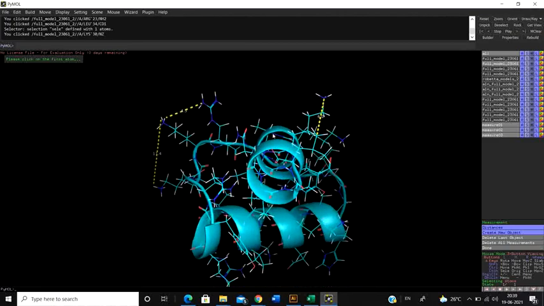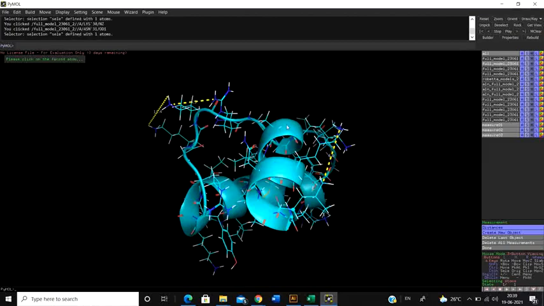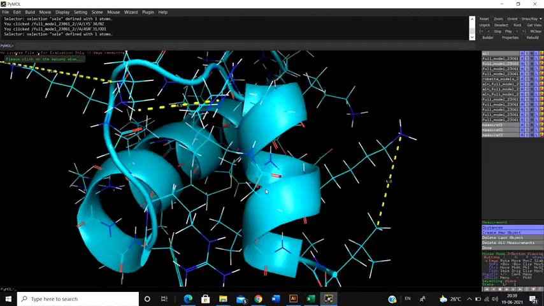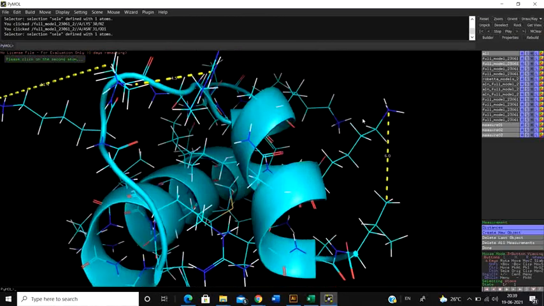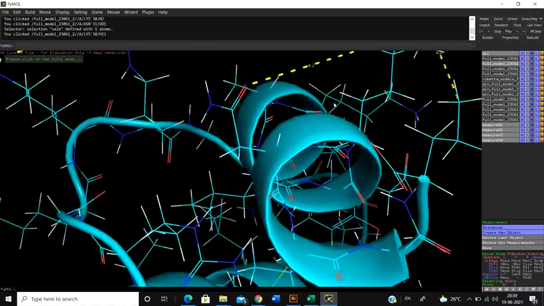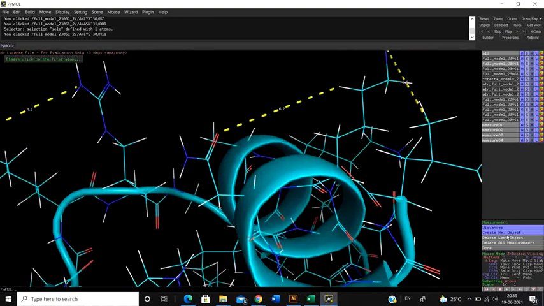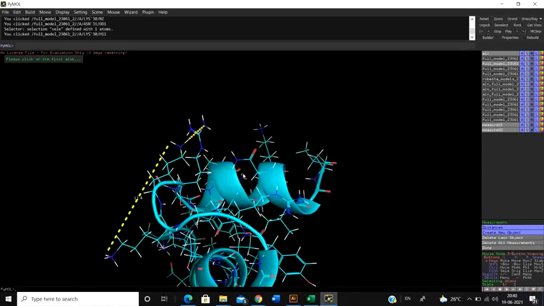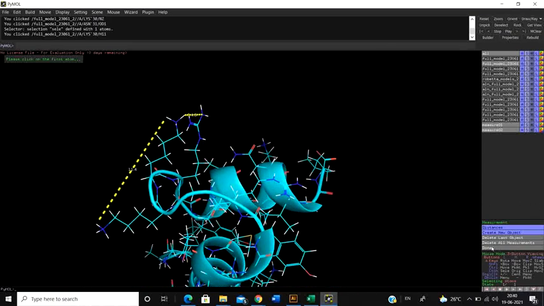Suppose I want to select this atom and now I want to select this particular atom, but rather than selecting this atom, I have selected this atom. So now it's going to show this distance, but I don't want that distance, so I need to delete it. How to delete it? See, there is an option called Delete Last Object. As soon as you click on Wizard, the measurement panel opens up, and there is an option called Delete Last Object. So you click on Delete Last Object, and the last object is deleted. Again click on Delete Last Object, and the last object is deleted. After you are done, and you don't need to find out anything else, simply click on Done.